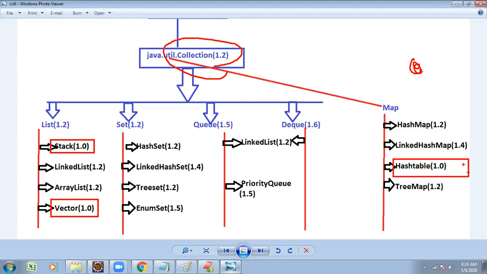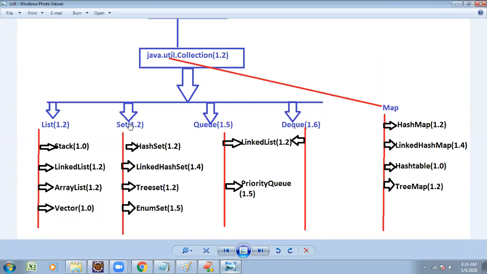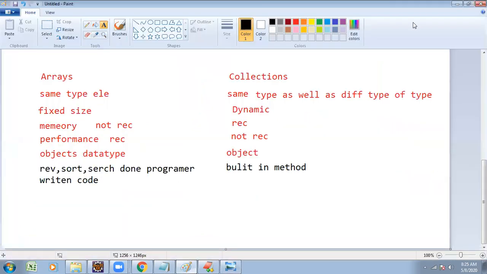When they created the collection framework, these classes were added to the collection framework. This type of class is said to be a legacy class. Stack was also already there with Java and later added to the collection framework.